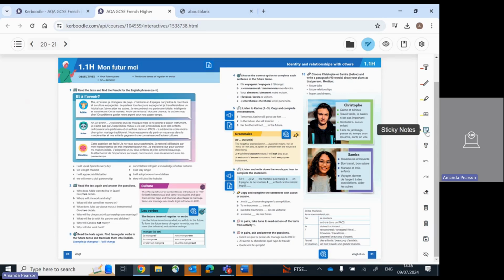What schools find really useful is often to add sticky notes, which you can drop onto the page, and then they just sit there as a little pin, which you can open up and again save at the end of that. And you have a way to hide the annotations on here. So these are tools similar to the ones that you'd use on a whiteboard or a Promethean board. The next icon that we have